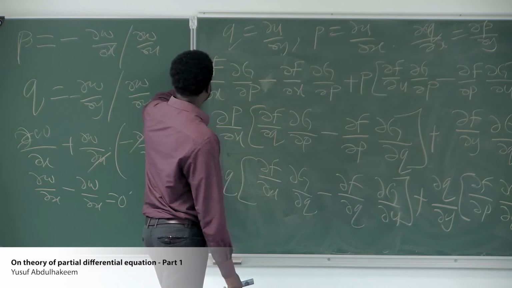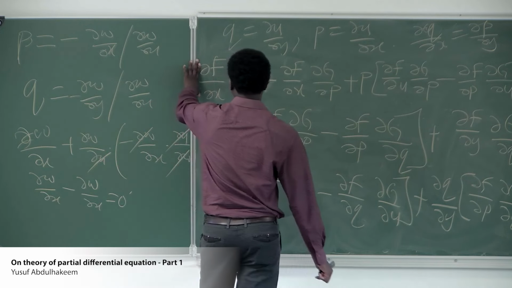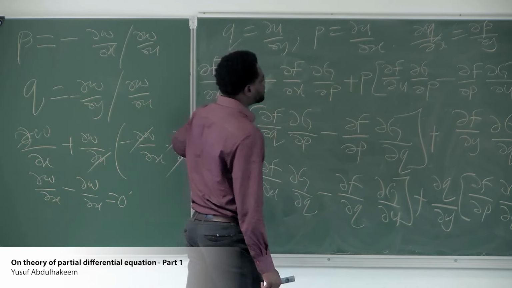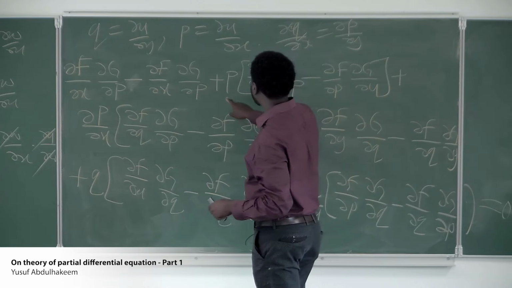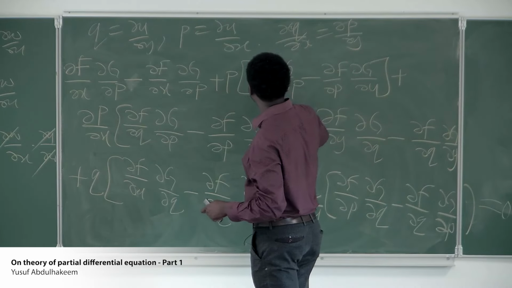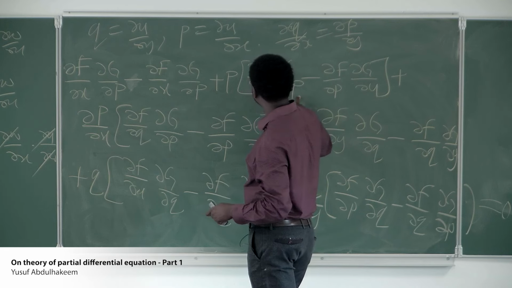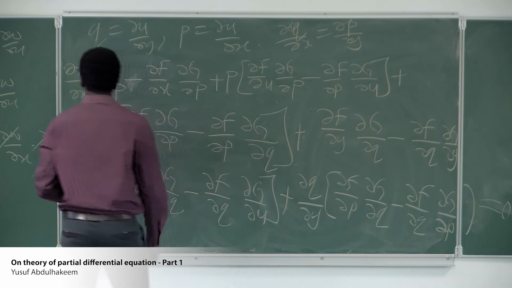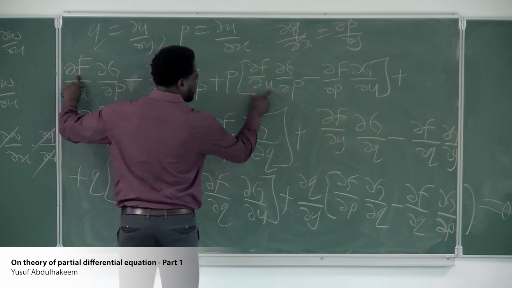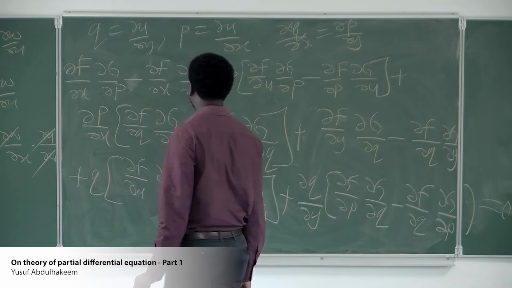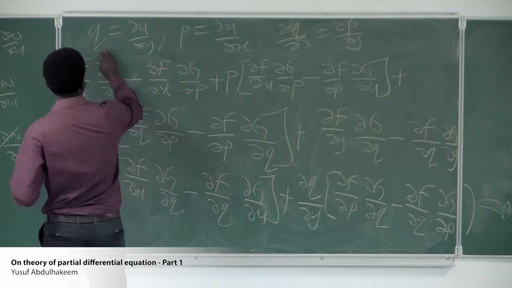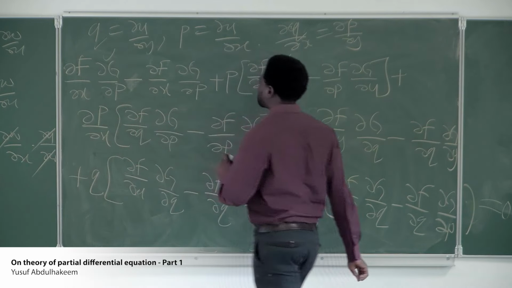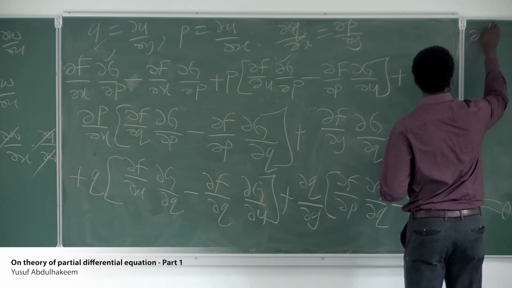We have ∂F/∂X. And then here we have ∂G/∂P. Then here we have P. Then we have ∂F/∂U, ∂G/∂P. So we can bring this one and this one together. And by the time we bring them together, we are going to bring out the ∂G/∂P. That is this and this. And that will just give us ∂F